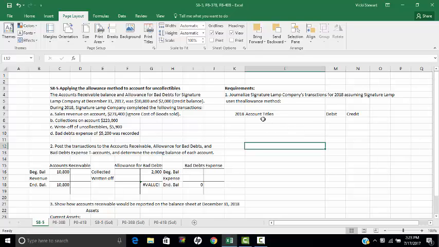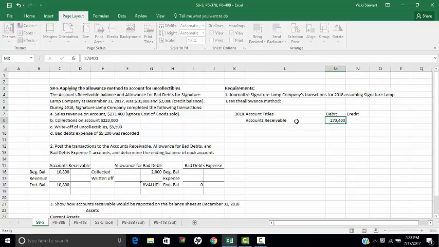In requirement 1, the problem states, journalize Signature Lamp Company's transactions for 2018, assuming Signature Lamp uses the allowance method. The first transaction states sales revenue on account $273,400 and ignore cost of goods sold. To record this transaction, we would debit accounts receivable for $273,400 and we would credit sales revenue